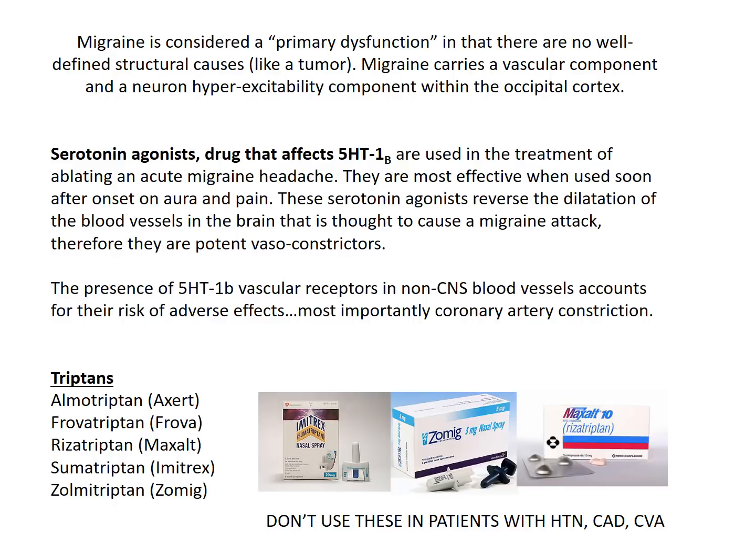Migraine now is not due to an expanding mass lesion. It's considered a primary dysfunction of the vasculature and of neurons. And migraine headache, the pathophysiology is vasodilation and neuron hyperexcitability. And that vasodilation and that neuron hyperexcitability